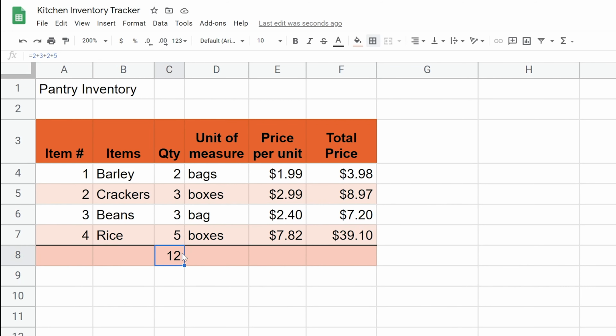So that just shows you should always do cell references instead of values if you can, even if you can see them easily. So we would change this to C4. And I'm not typing out C4 this time. I'm just left clicking on that cell reference with my mouse. Plus C5, plus C6, plus C7. So this is a much easier way, and it's dynamic.